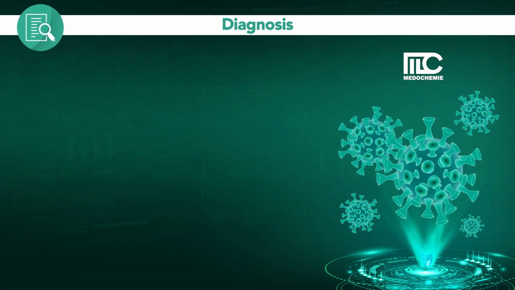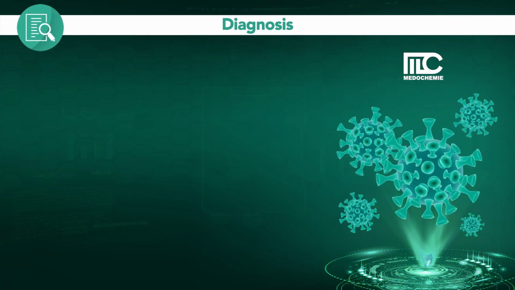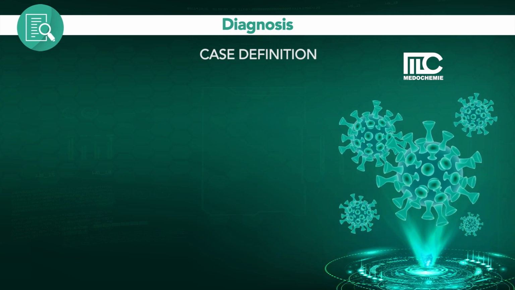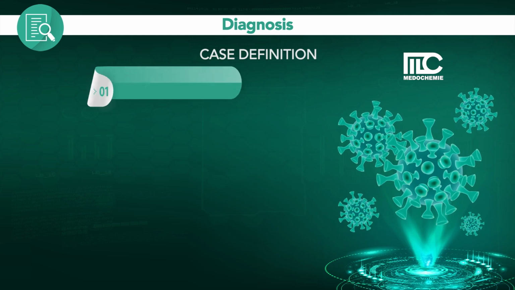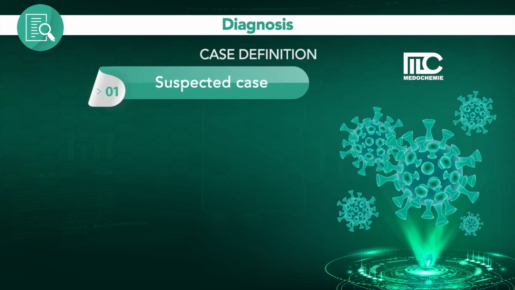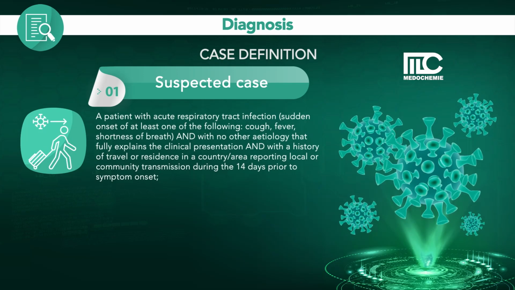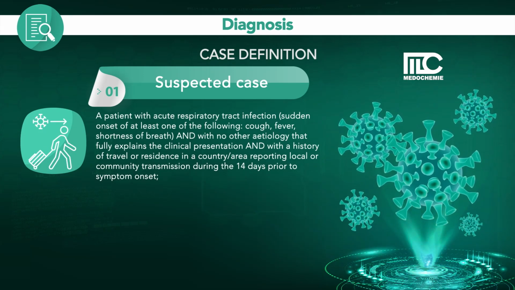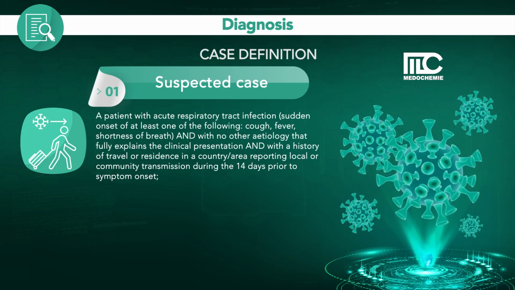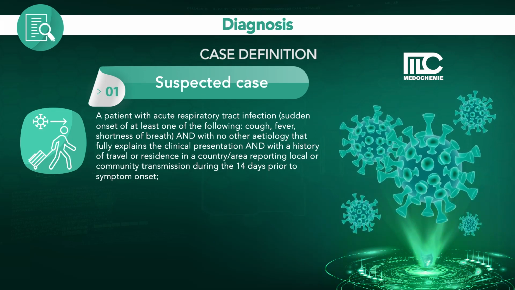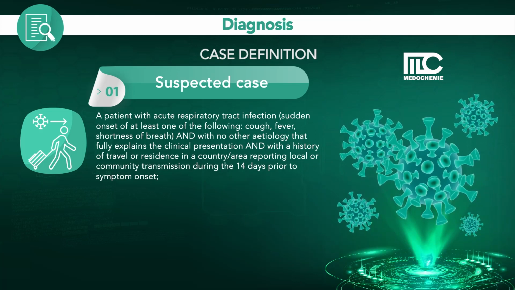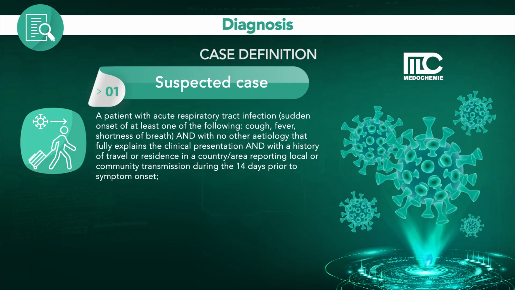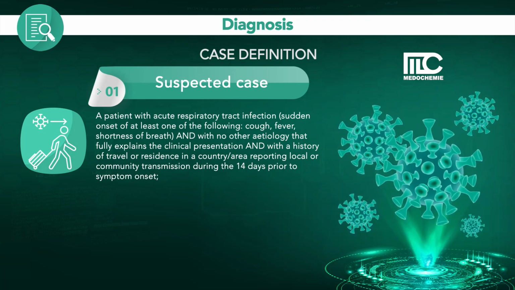Diagnosis of the disease, the COVID-19. First, the case definition according to the WHO. We have the suspected case first. This is either a patient with acute respiratory tract infection, which means sudden onset of at least one of the following symptoms: cough, or fever, or shortness of breath, and with no other etiology that fully explained this clinical presentation,